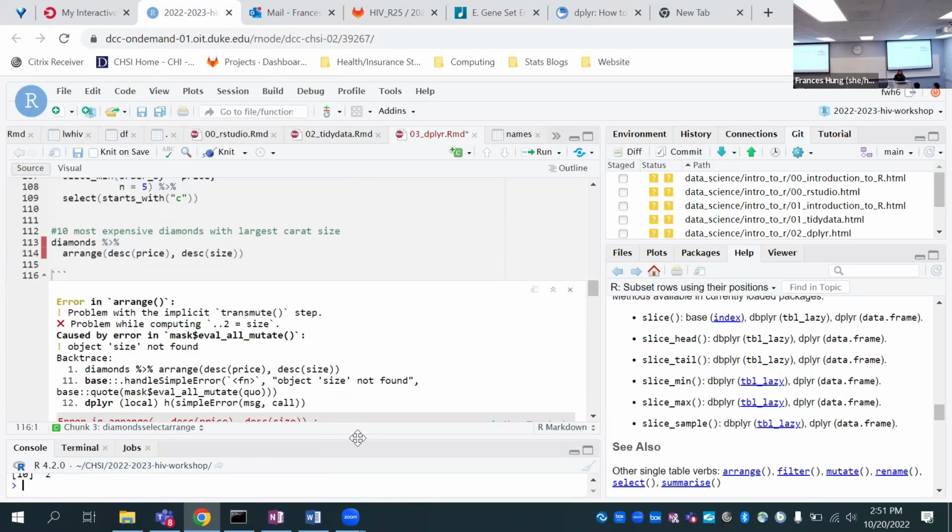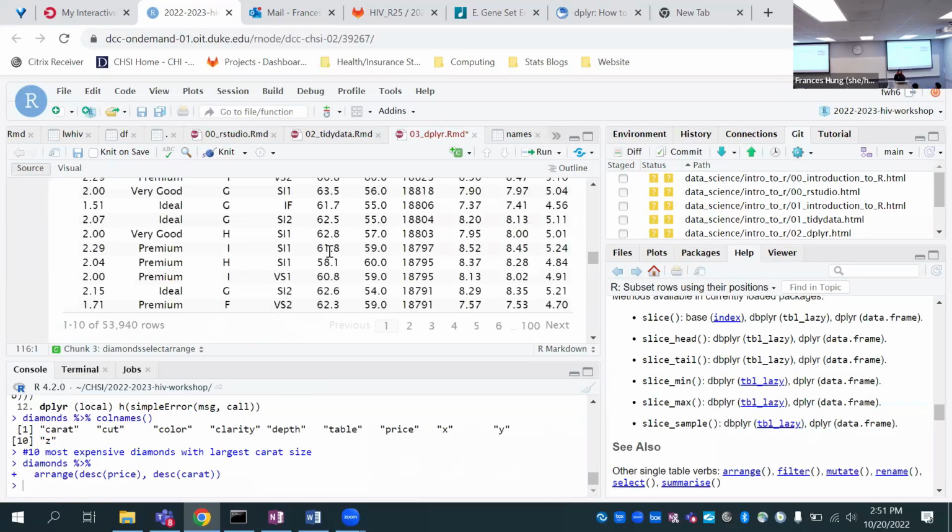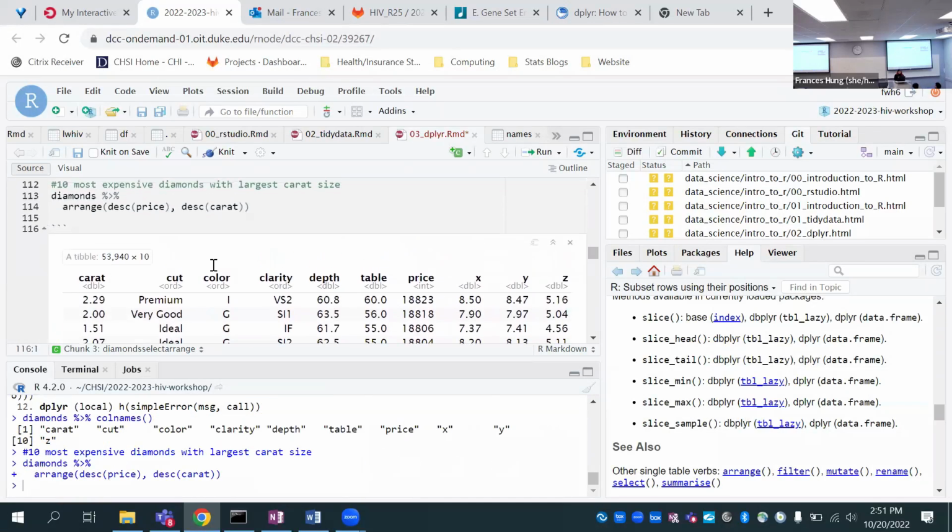Sometimes you don't remember what column names exist, so you can use the column names function to look at the column names for the data set. So we're looking for carat, not size. Carat and price.